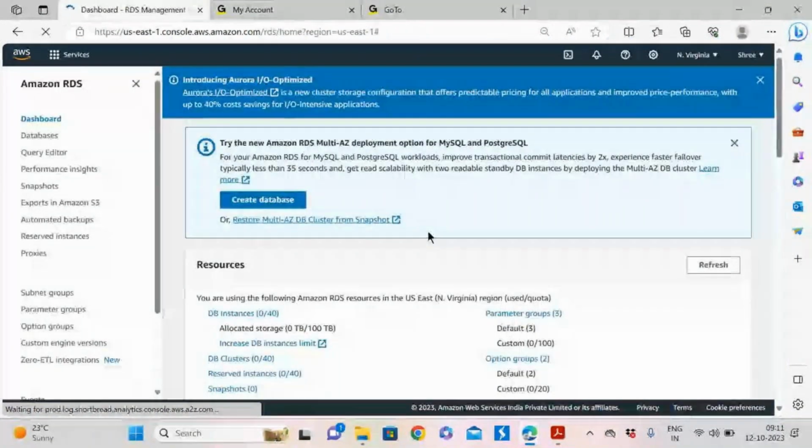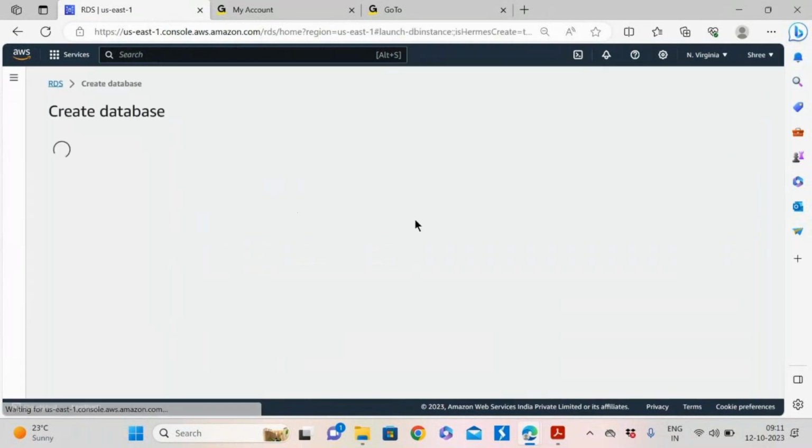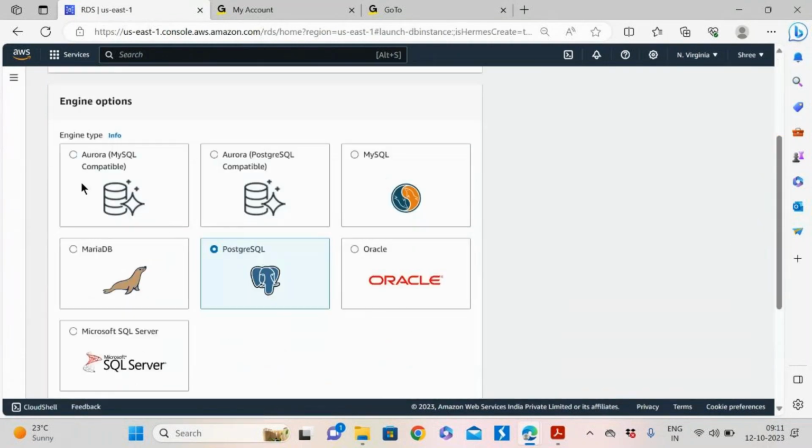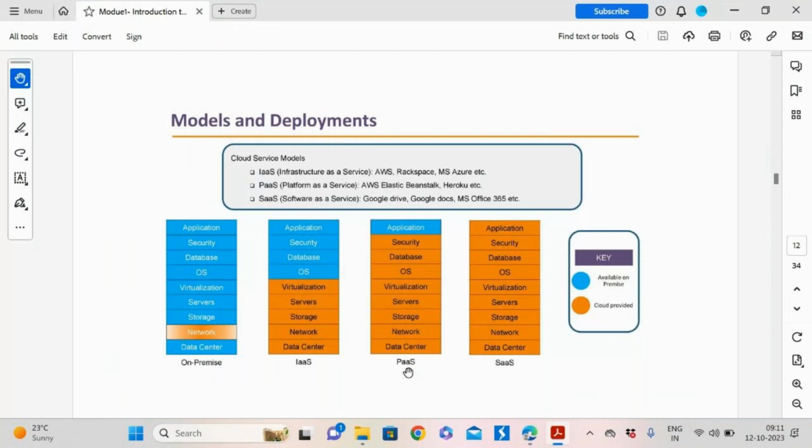So it will simply, there is an option called create database. Before this, behind this, what happened is that the AWS team will usually be ready with all the required software. If I say create database, I can select what kind of database is required. This is completely managed by AWS itself. We don't need to bother about it. That is the reason this service, RDS, is under PaaS, platform as a service. We will simply go ahead, create it and start using it.